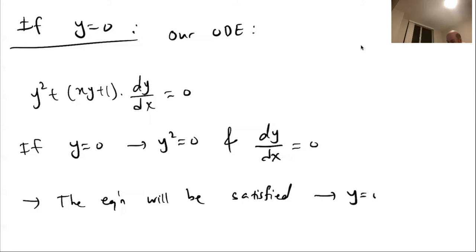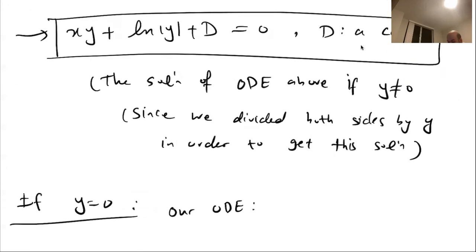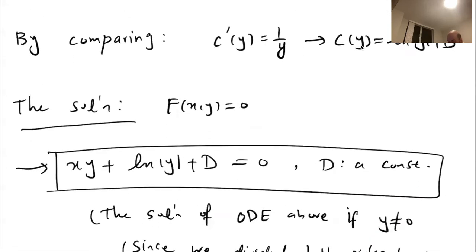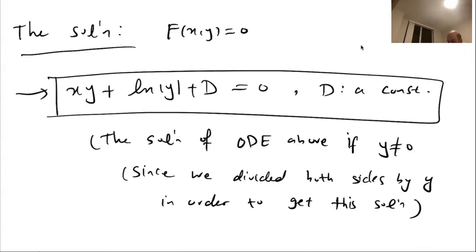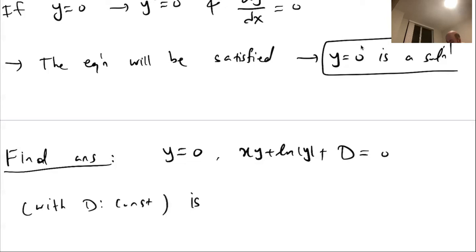So that means y equals 0 is a solution. So that means the final answer, y equals 0, and the other form of the solution, which is xy plus ln absolute value y plus d equals 0, with d being a constant, is a set of all solutions